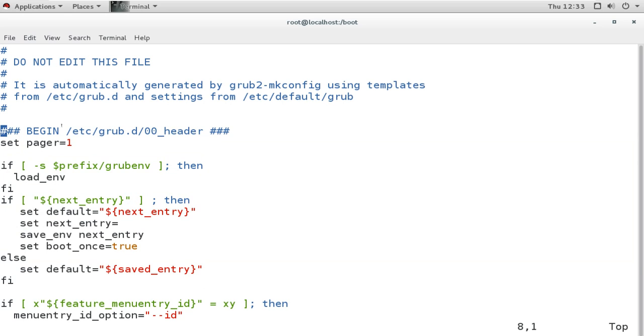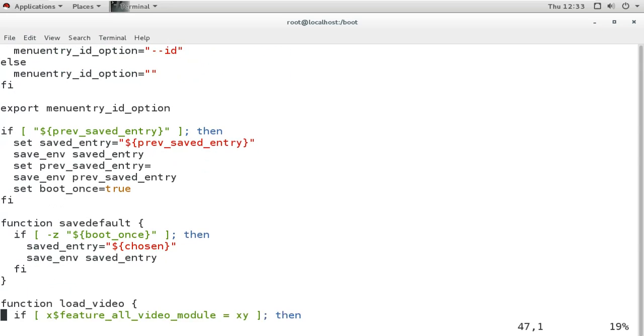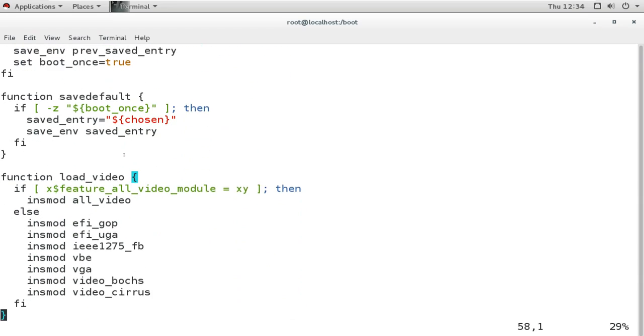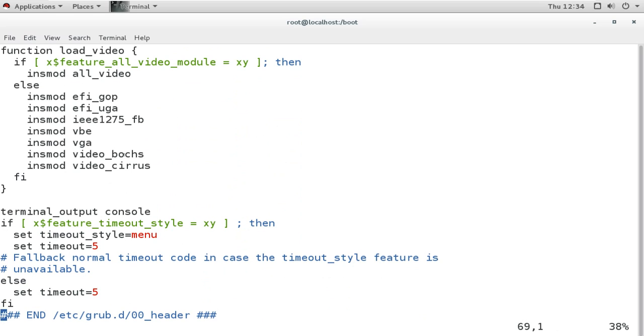If you see, it is beginning from the etc grub.d directory, and in that D directory we have the 00 header file, and these settings are coming from this file. So it is reading the settings from here, and then it is ending here.